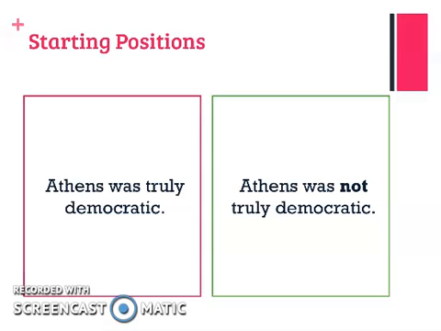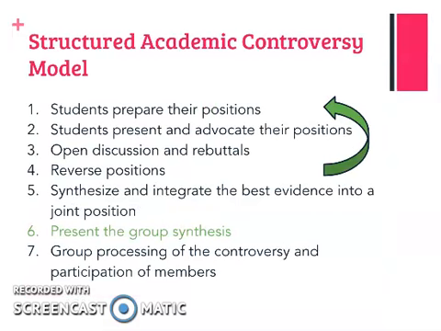And the Stanford History Education Group gives us resources that we can use to help develop these positions. So as students work through this, ultimately, when they get down to step 6, they're going to have worked together in their groups to integrate the best evidence into a joint position about whether or not Athenian democracy was truly democratic, and share that out with the whole class